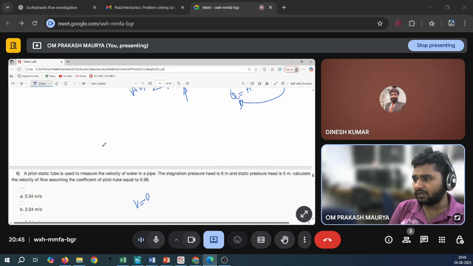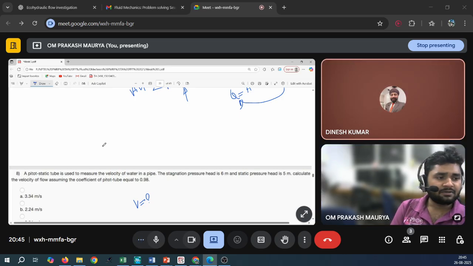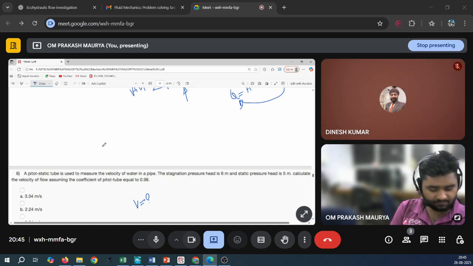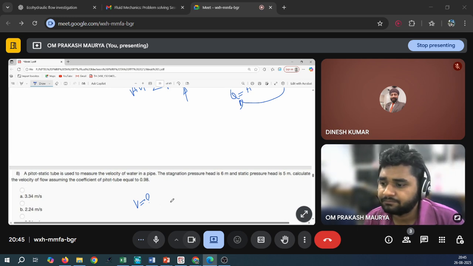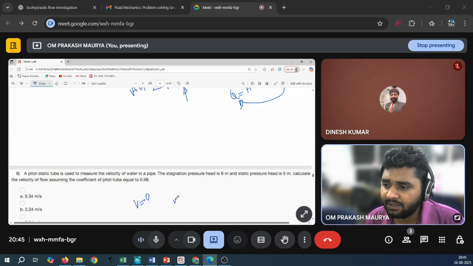Coefficient of pitot tube actually, not velocity. Coefficient of pitot tube use, that is your efficiency, you can say 0.9. Whatever final answer you get, you need to just multiply with 0.98. Sometimes in such type of question you will directly get the head, so you can apply root 2gh,